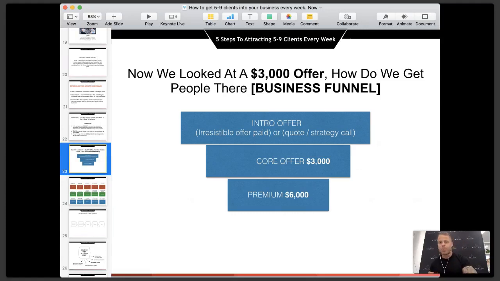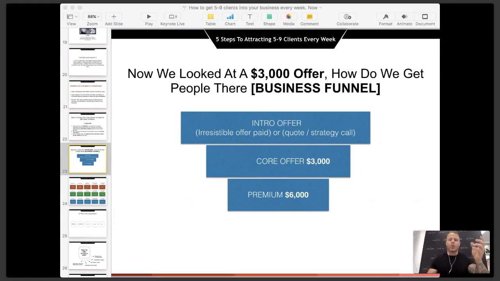Facebook is different. People are on Facebook looking at pictures of cats, looking at their friends' foods, and trying to procrastinate. That's why they're on Facebook. So instead, we need to have a whole different funnel, a totally different funnel. And that's what we're going to talk about today, seeing which funnel fits your business.